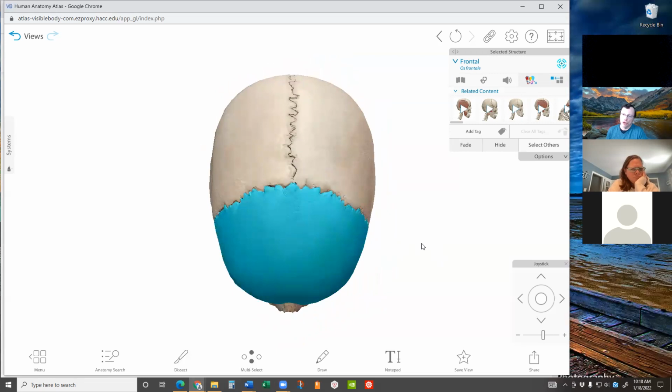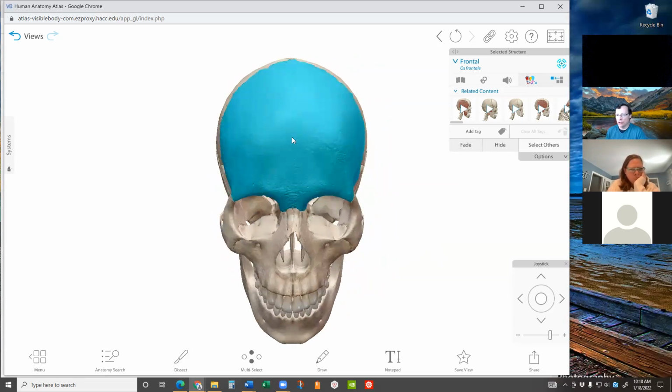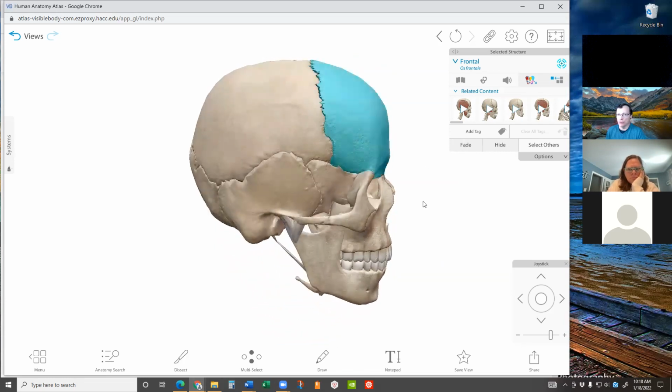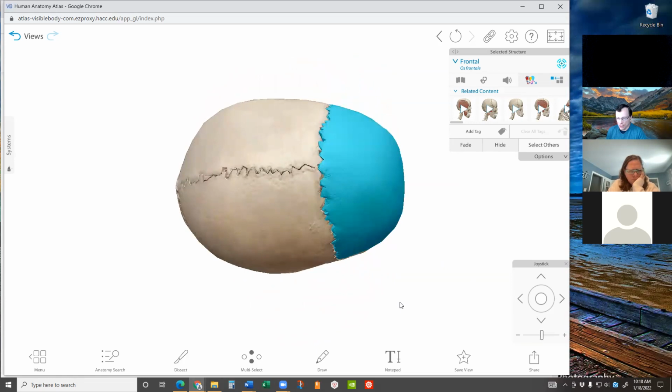In other words, when you learn this anatomy, you don't want to learn the anatomy from only one viewing perspective. You want to rotate this skull around so that if I show you the frontal bone this way, you can tell me it's the frontal bone. If I show you the frontal bone this way, you can tell me it's the frontal bone. So, in the chat window,